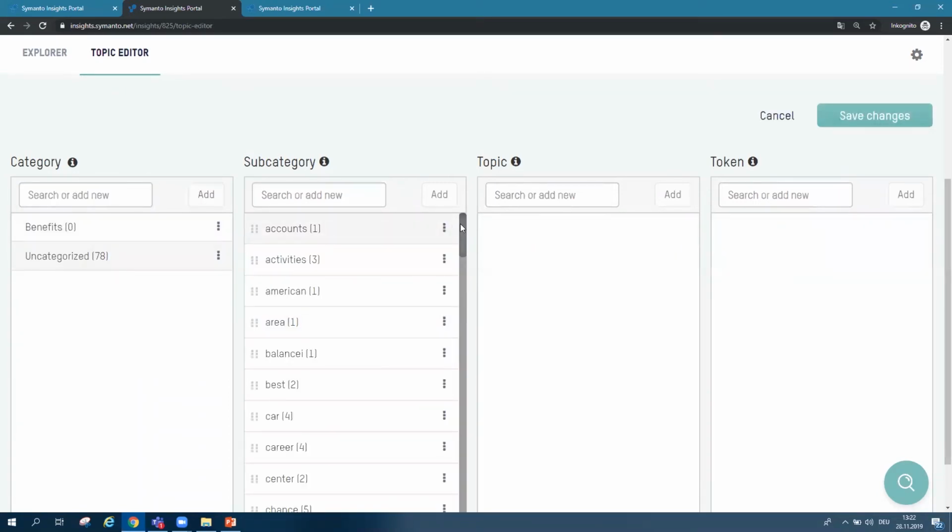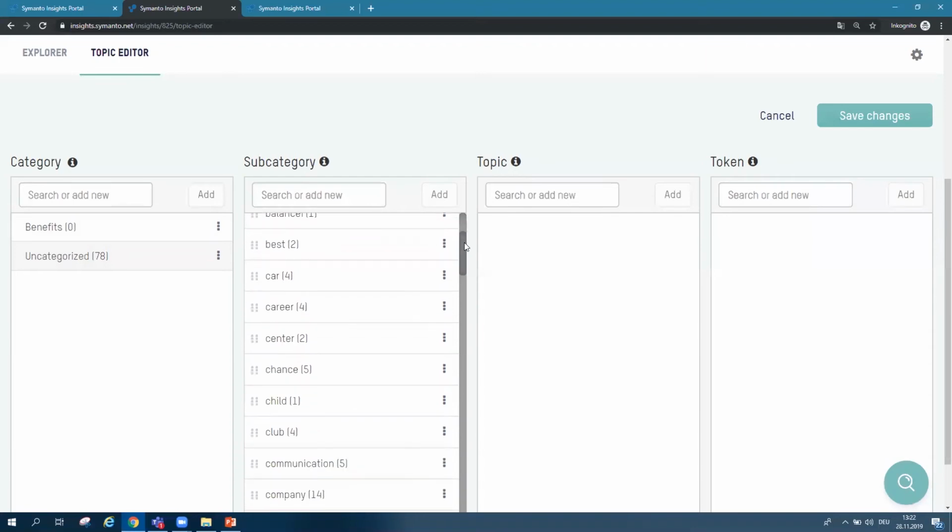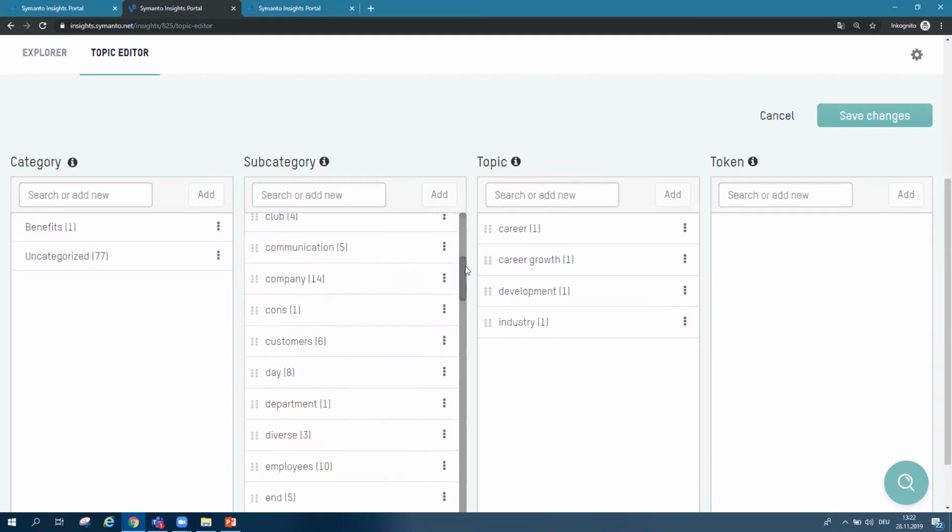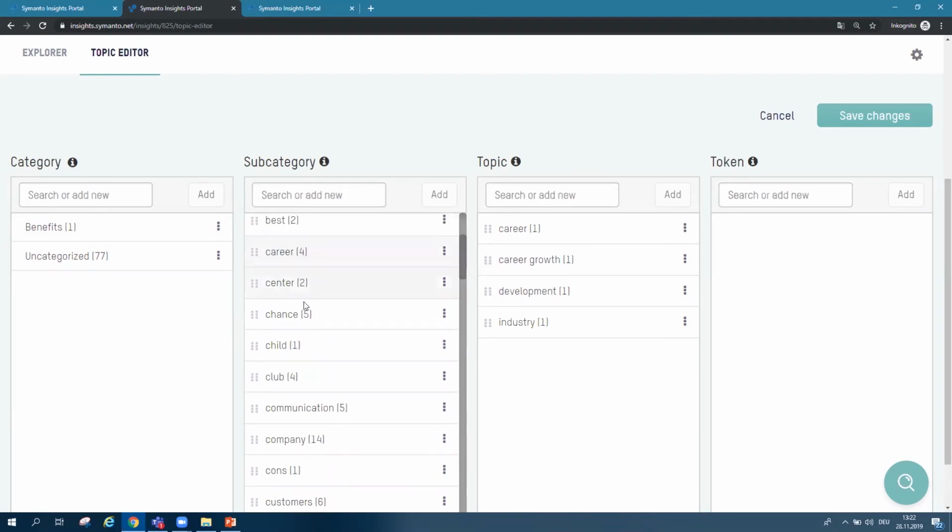Then I can look in here and say what belongs to benefits. You see here, for example, cars, which is car, company car, driver and truck and so on. I can put this into the category benefits, simply drag and drop into benefits and you have it there. You can also have other things, for example, I see here chances, like different opportunities. If you want to categorize it into benefits, simply drag and drop into here.